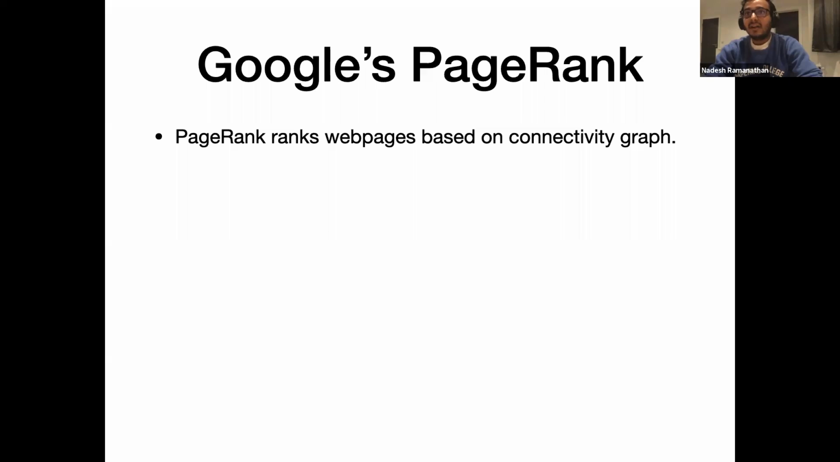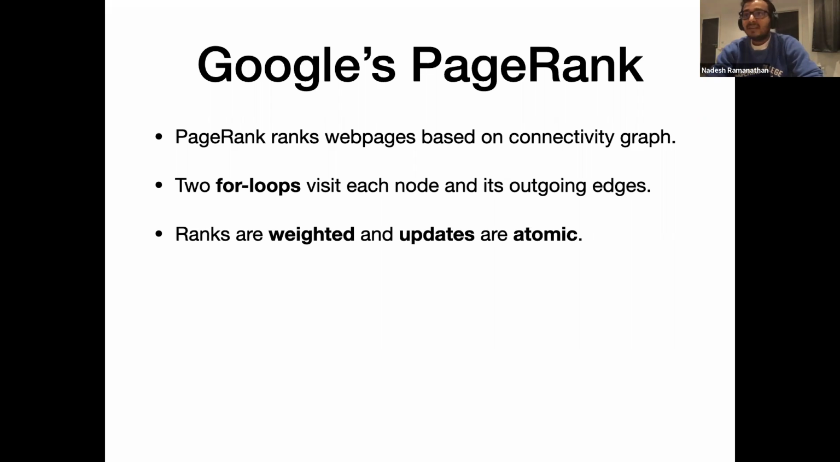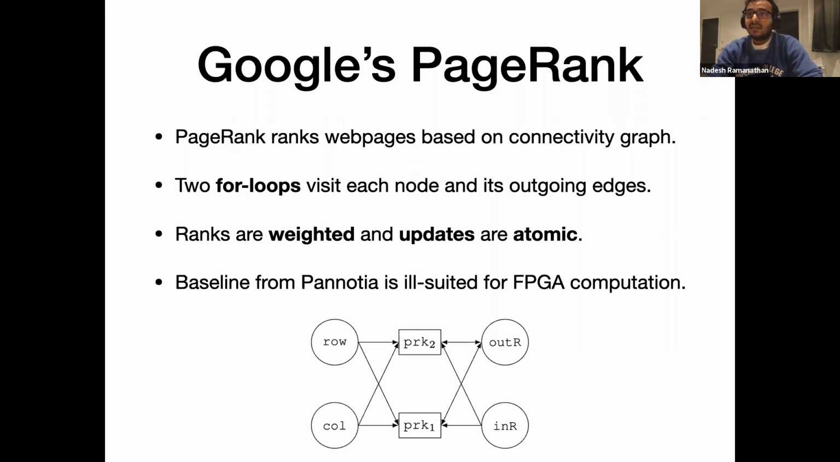And the baseline implementation that I took from Panosha basically has two for loops, which first visits all the nodes, and then the inner loop visits all the edges which point to its neighbors. And the ranks are weighted and the updates are actually atomic. So it has a compare and swap in the base implementation. And the Panosha benchmark suite has PageRank, and I took it out of the box and implemented it in